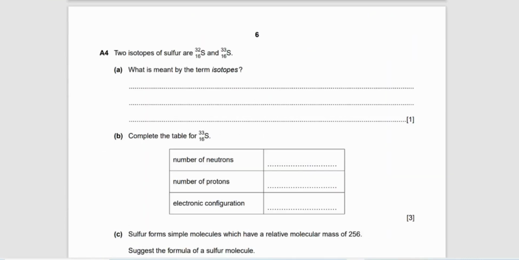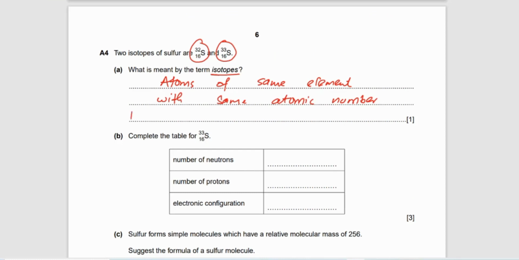Two types of sulfur have been given; these are two isotopes. So what is meant by the term isotope? Isotopes are atoms of the same element with the same atomic number but different atomic masses,